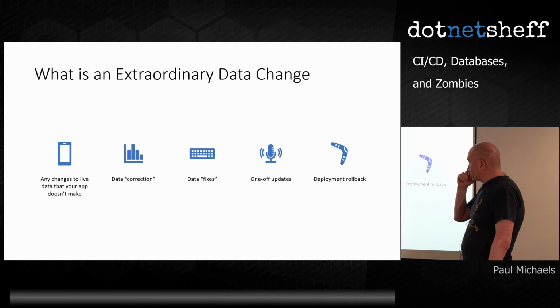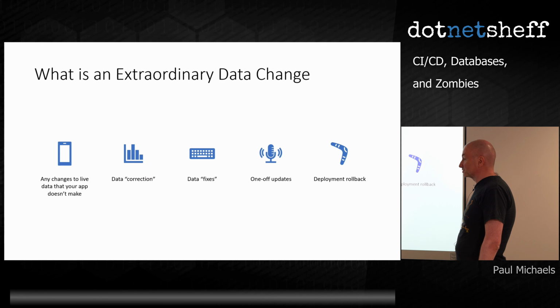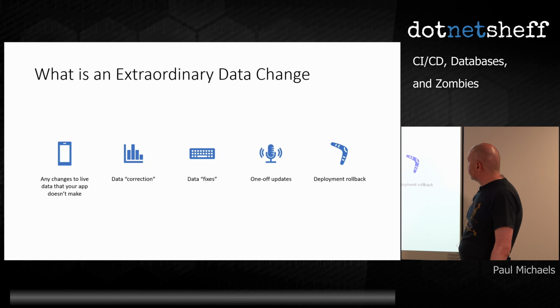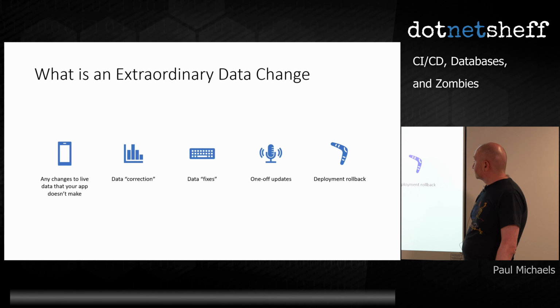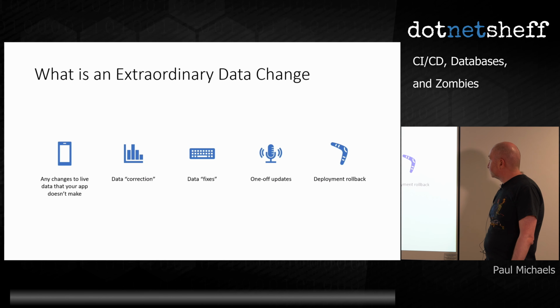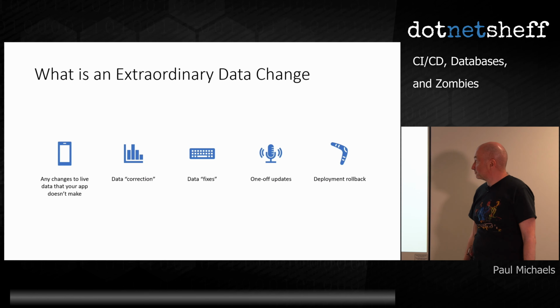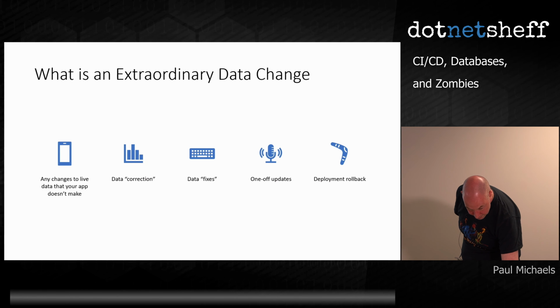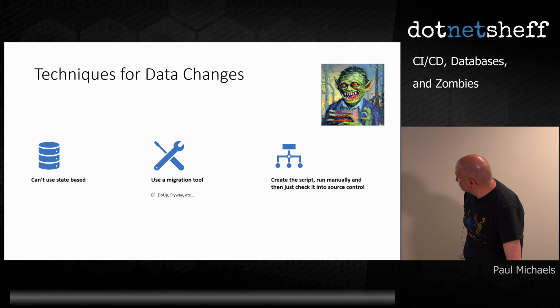One-off updates, so GDPR for example, you want to anonymise 1,000 customer records, or somebody rings up and says I've got the right to be forgotten or whatever it is. Probably shouldn't be how you deal with that, but it is a way of dealing with it. And the other thing is you botch a deployment and you need to get it rolled back. That might be another reason that you've got to change the data. Zombie.